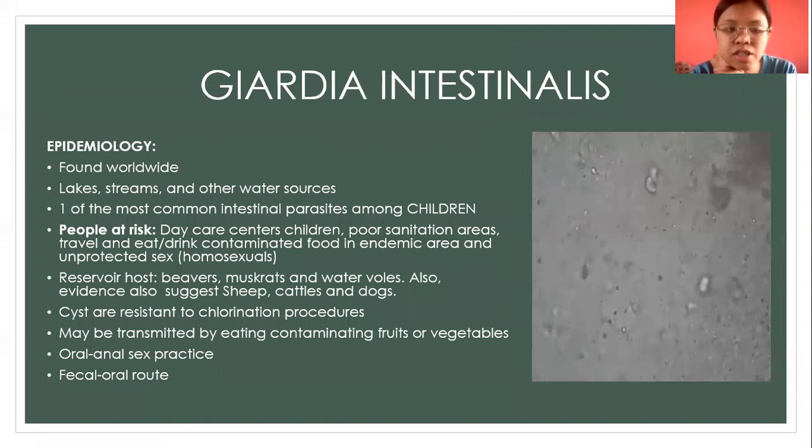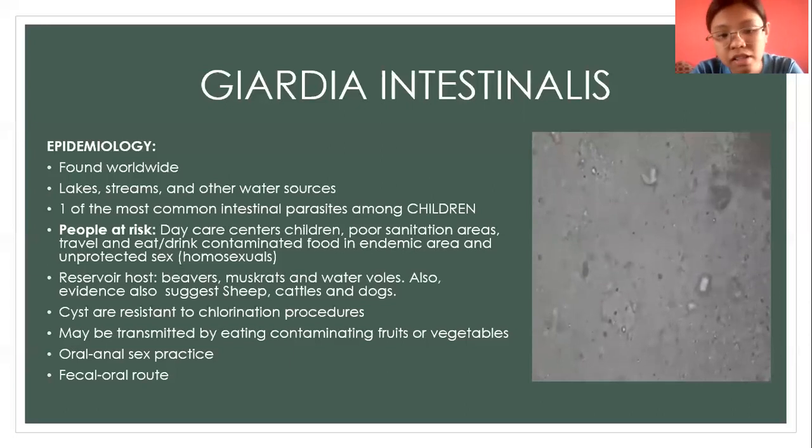So, epidemiology: found worldwide, usually found in lakes, streams, and other water sources. One of the most common intestinal parasites among children. Bakit? Kasi maglalaro sa labas o kaya sa tubig tapos kakamot sa puwet tapos susubo ang kamay. So, people at risk: daycare centers, children, poor sanitation areas, travel and eat, drink contaminated food in endemic